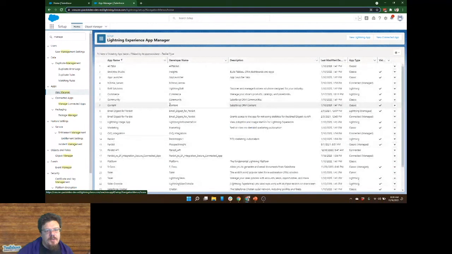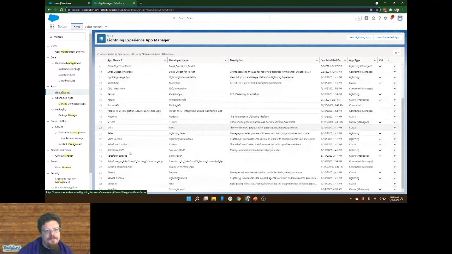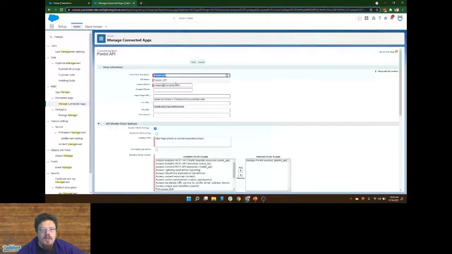Yeah, here's the other place where we can see it. Pardot, right? So there's a couple Pardot ones. We don't worry about these, the Lightning, the Classic. We want this managed one. If I click here in the drop down, I can click edit or manage. I'm going to do edit because this will give us the place where we can change some settings.